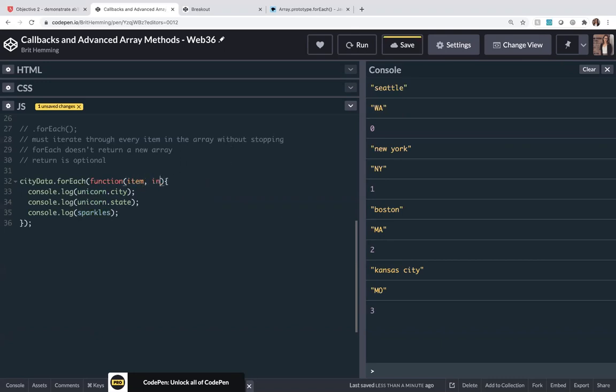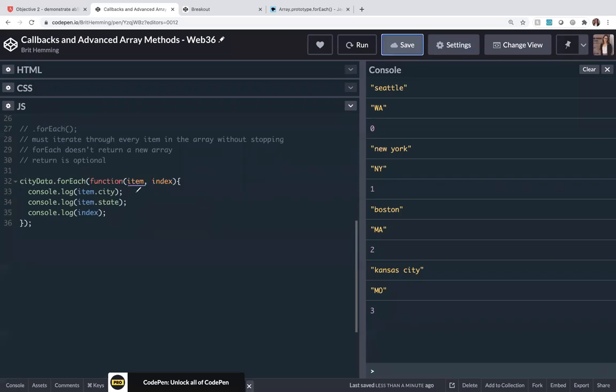If you call it unicorn and sparkles, the next developer is probably going to come here and say, what the heck does this mean? So you want to call your parameters something that makes sense, but parameters, they're just placeholder values. Okay, so when we run the function, let me grab my little annotation tool. When we run the function,